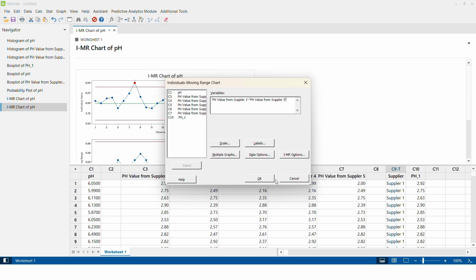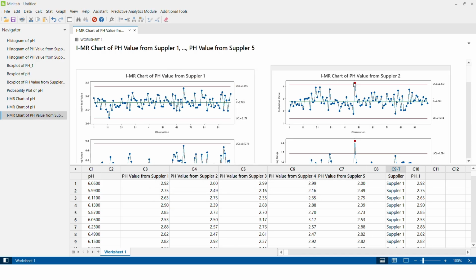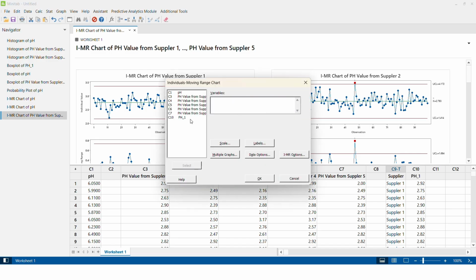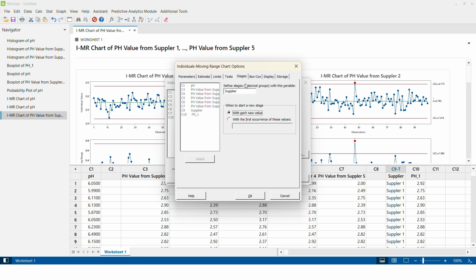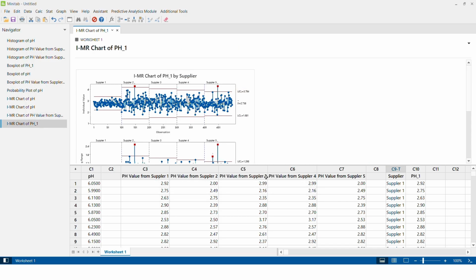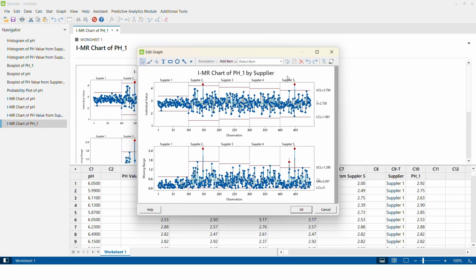Apologies friends, I have done it wrongly, sorry. I need to take pH value as my graph variable. I need to go to IMR options and go to stages, and here I need to take supplier name in stages. And now if I click OK, and then OK again, I will get the comparison of all